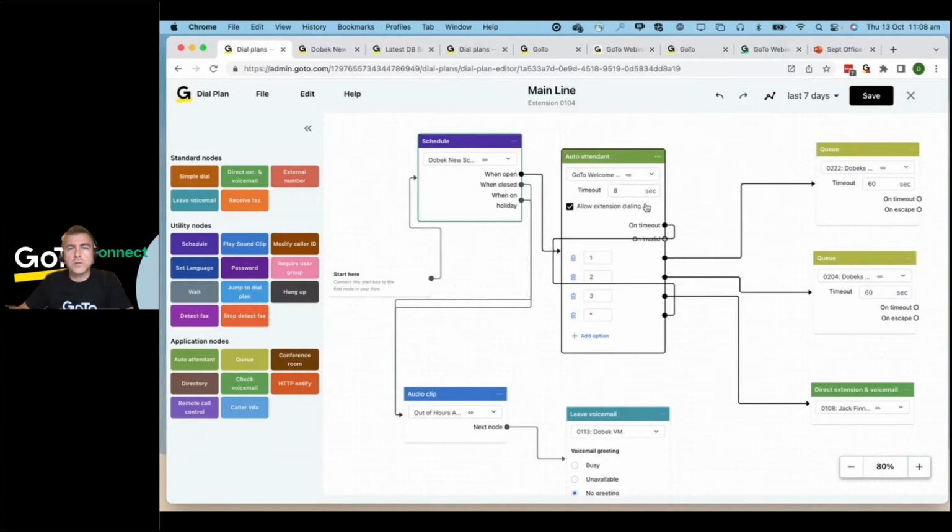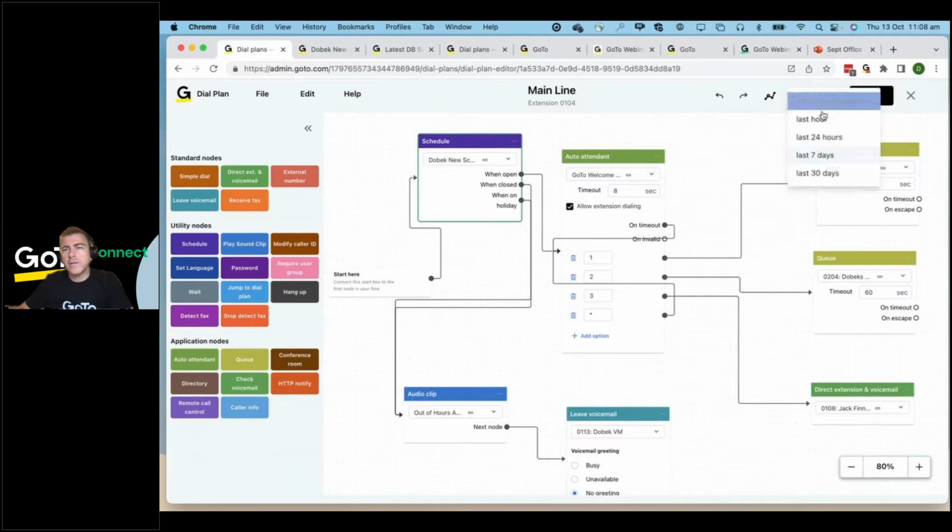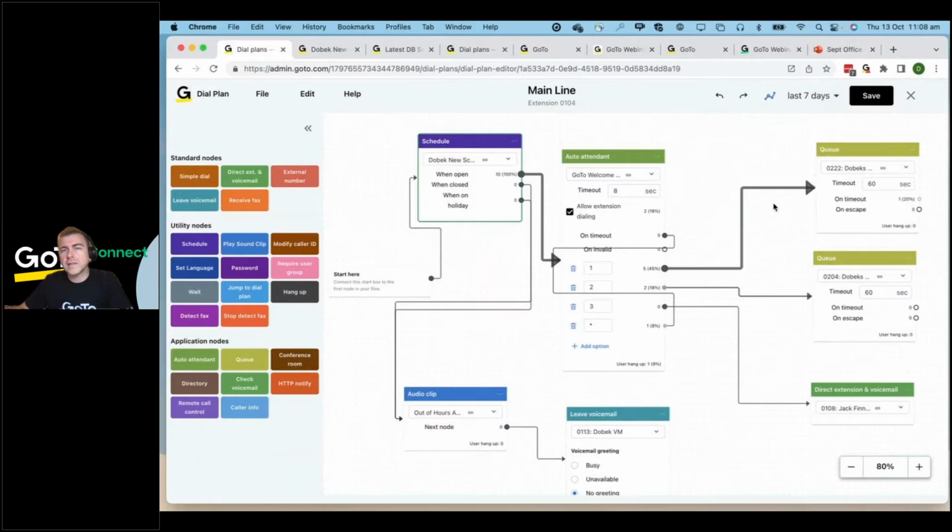That we wanted to add is some information around the system. So this dial plan has actually been active for a little while, and what I can do is I can kind of have a look at these different date formats, right? It says show call volume for the last 7 days. What does that actually mean? Well, when I actually hit this analytics mode button over here,